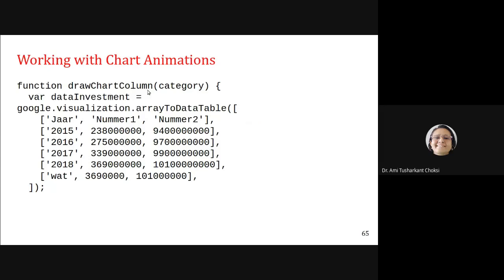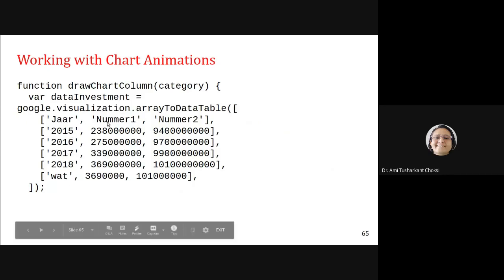Function drawChartColumn category. Now we are having variable dataInvestment. For that, you can say google.visualization.arrayToDataTable, and number 1, number 2, or whatever you want to specify, fine.